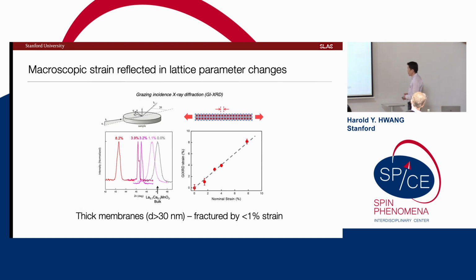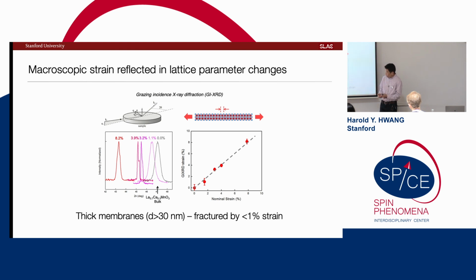An important starting point for us was to say, okay, it's one thing to say that in the far field, or macroscopically, we've stretched it. What about microscopically? Using grazing incidence X-ray diffraction, we could really see that the nominal strain we see by a microscope really corresponds to stretching the lattice one for one. And we can get to very aggressive numbers, not always, but in some cases. What's interesting is that for the oxides we've played with, except for one or two cases, we can't really see plastic deformation. It's really stretch and then brittle fracture.